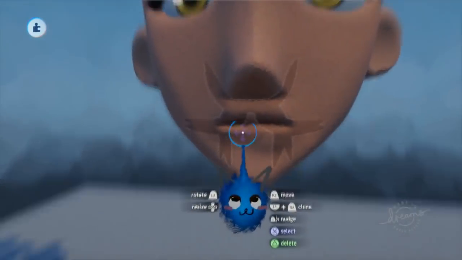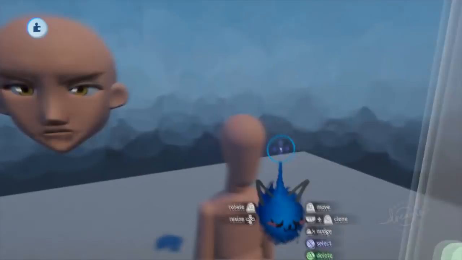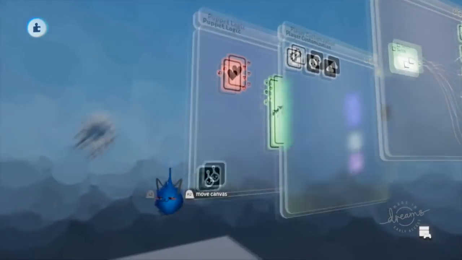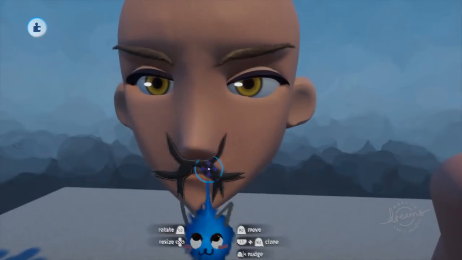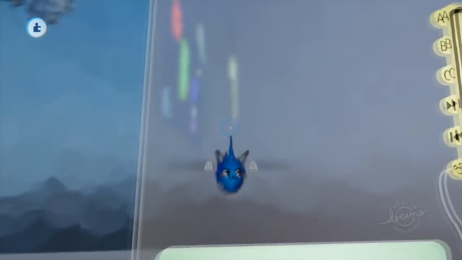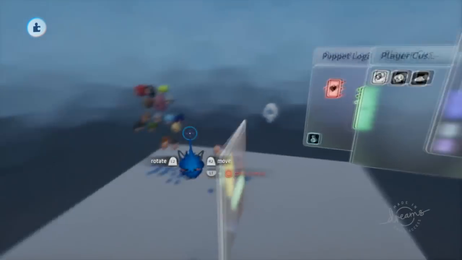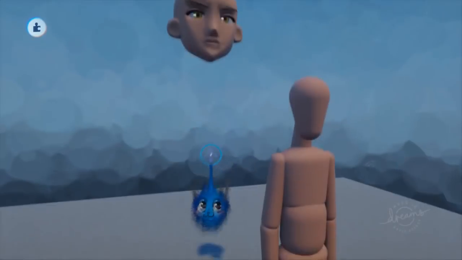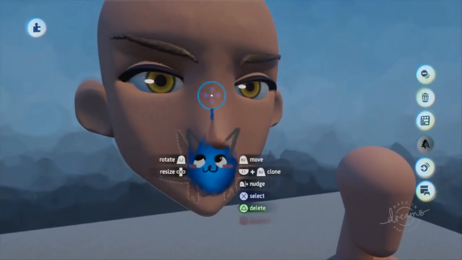I love that it covers his face. I mean, not his face, but his mouth. So if we get this turned on, what does this look like actually? Oh, that's hilarious. Oh man, that's funny. Okay, let's go ahead and select our mustache group and our head group, and we're gonna